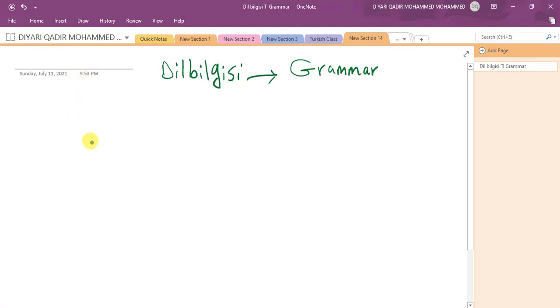The letters in Turkish grammar are divided into two parts. The first part is called